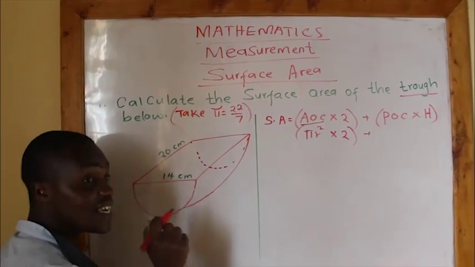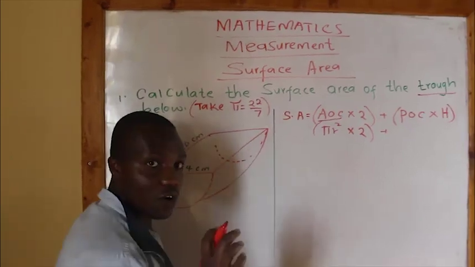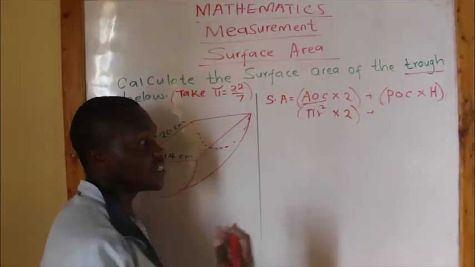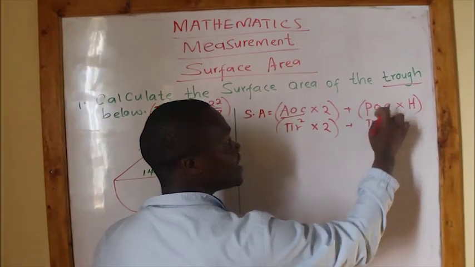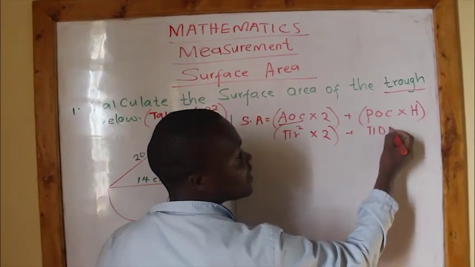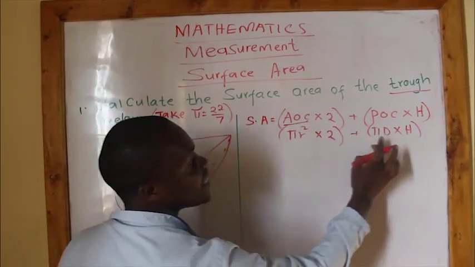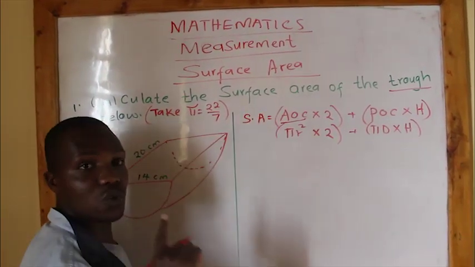Now we go to perimeter of the same cross section. The cross section is still a circle. And you all know perimeter of a circle is pi d, or else we can also call it the circumference, which is pi d. So we write pi d, that is the perimeter of the cross section, times the height. So what I have done here, I have interpreted my formula. So with this one, I am now good to go.